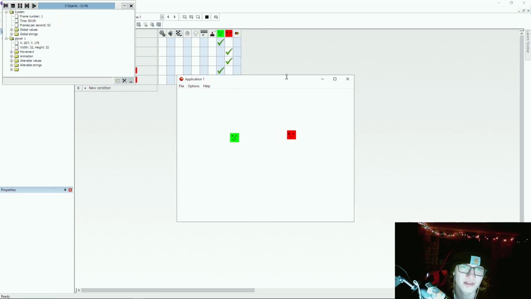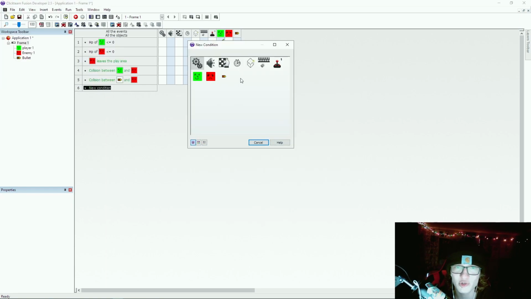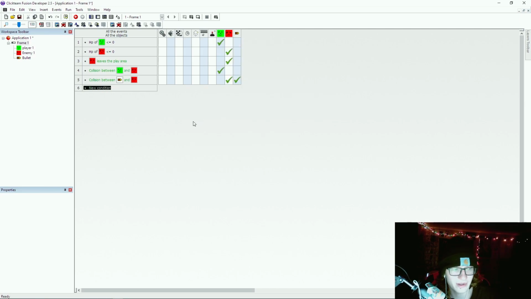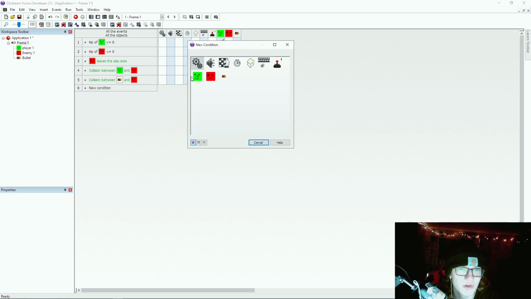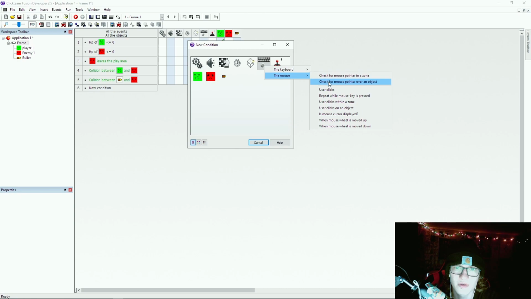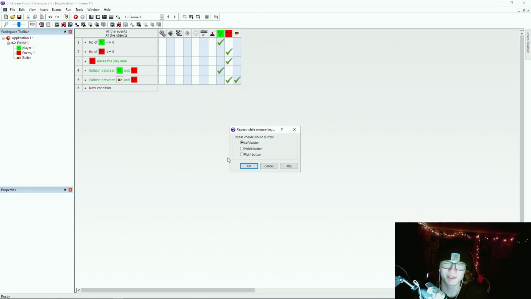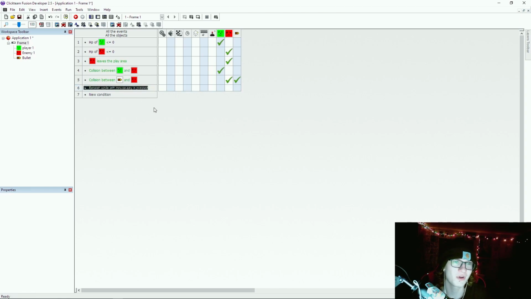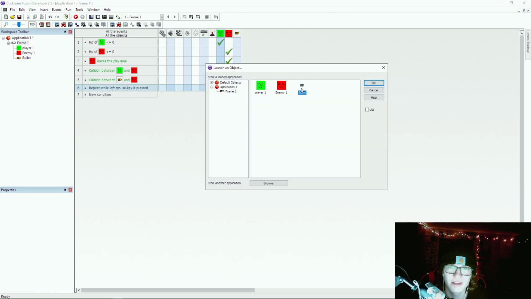So let's run this, and nothing's happening. It's because we didn't make a way to shoot the bullet. So new condition, right click, oh, I'm an idiot. New condition, mouse, user clicks, or we can do repeat while mouse is pressed. We'll do repeat while mouse is pressed. So while left mouse key is pressed, player launch an object, bullet,